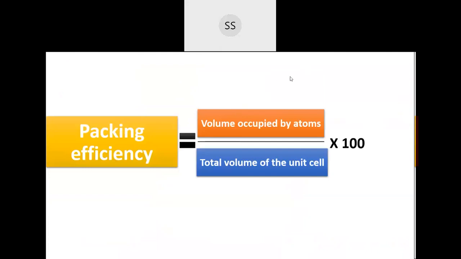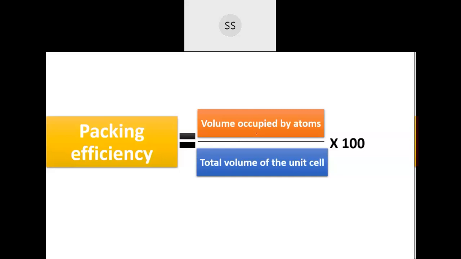I told you we are going to calculate this packing efficiency for 3 different unit cells. One is simple, one is face centered, and the other one is body centered. Very important topic. Out of these 3, one question is a definite one for your board exam. If you are going to have any other exam also, you will see this one question asked. So listen properly. First I will explain in a brief way, then I will go for the derivation part, how you are supposed to write for your exam.